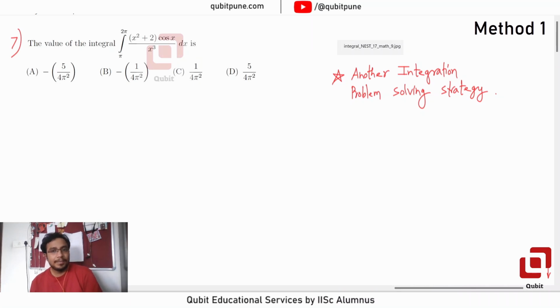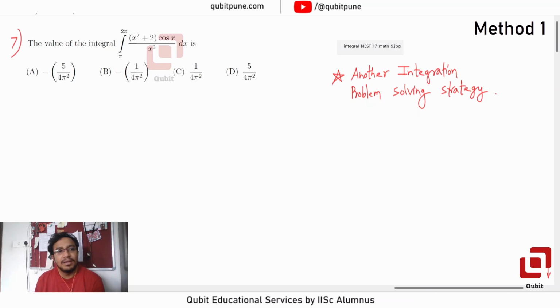Question 7 from NEST 17, the ninth question from the paper. This is also interesting, and I'll tell you why. The value of the integral from pi to 2 pi of (x squared plus 2) upon x cubed times cos x dx